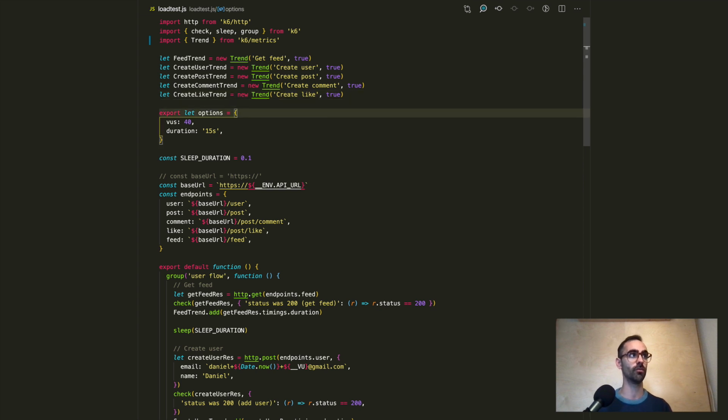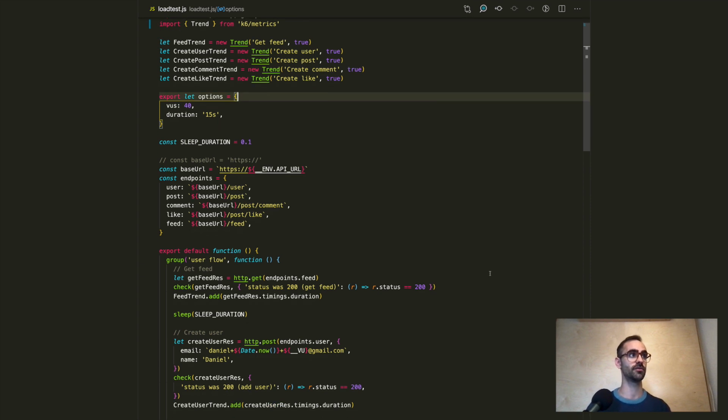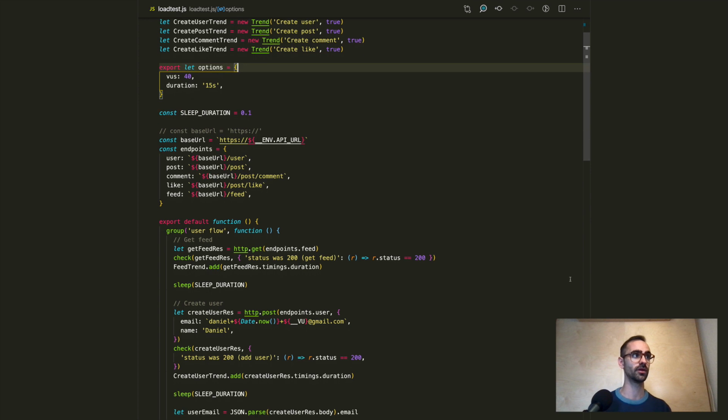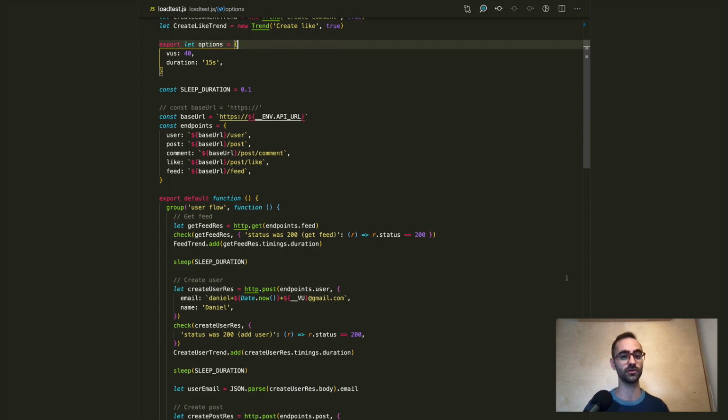I also have these options where I can define the number of virtual users. This is essentially the number of concurrent requests that will run this load test, and then the duration of the test. Here I define some of the endpoints that will be used, and this default exported function is where the